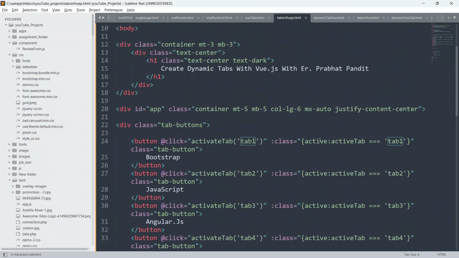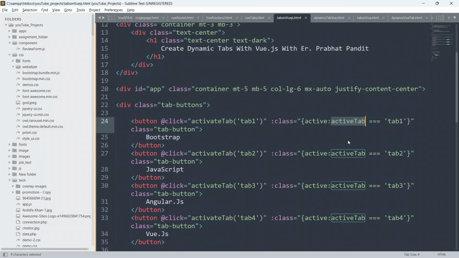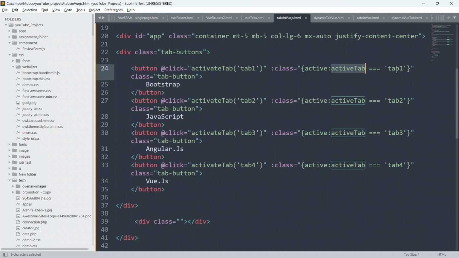And you can see we are applying the class based on the active tab. We are checking if active tab is tab 1, tab 2, tab 3, tab 4. Based on that we are applying the class active on each and every button element.